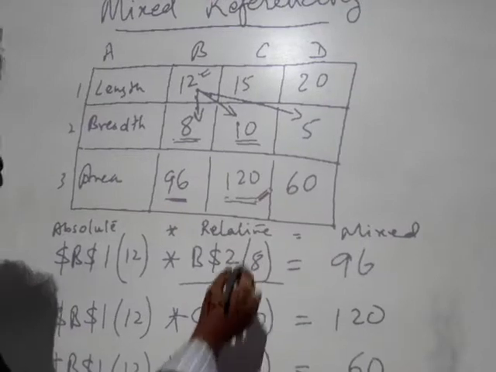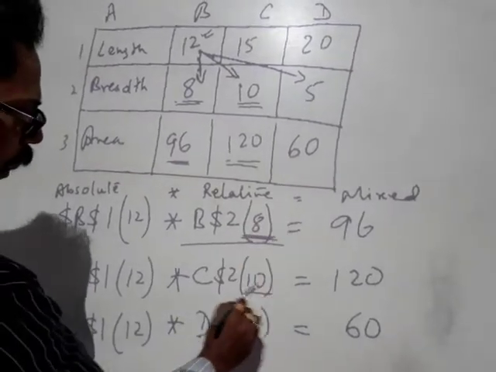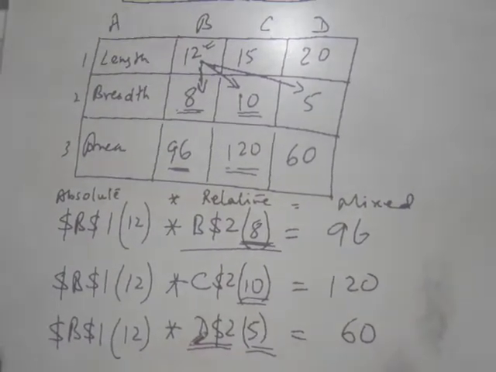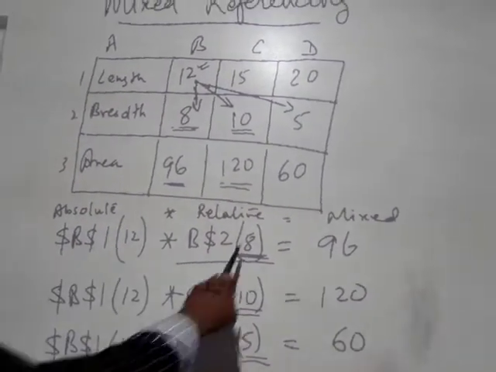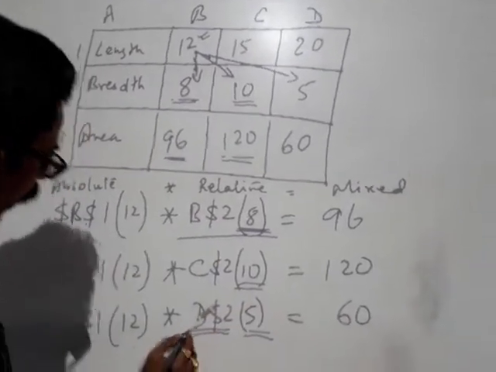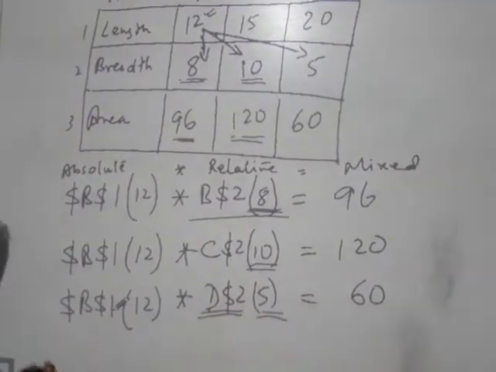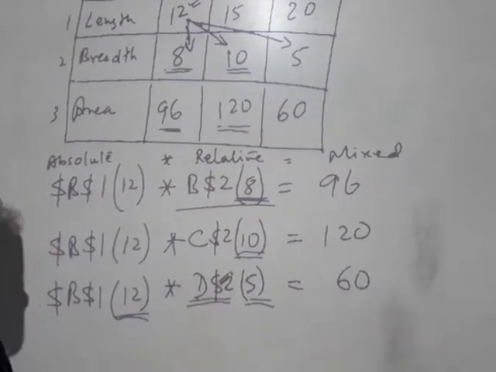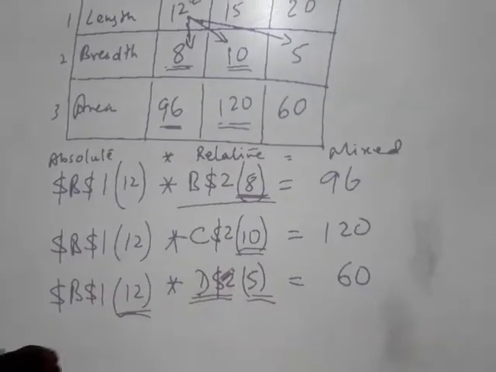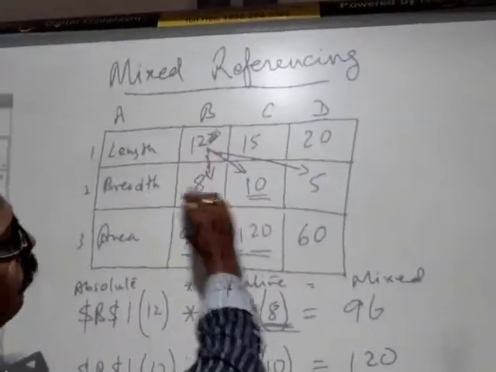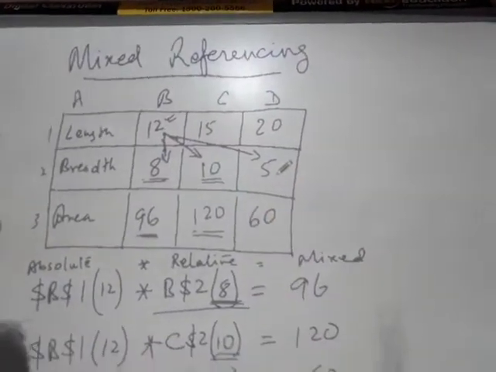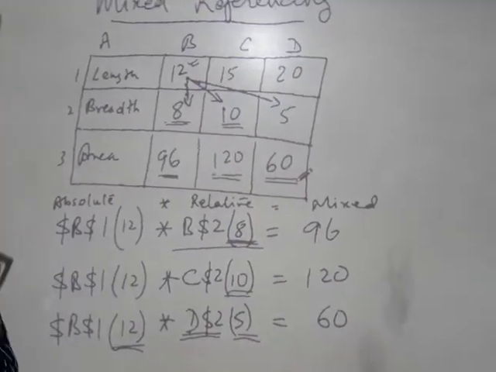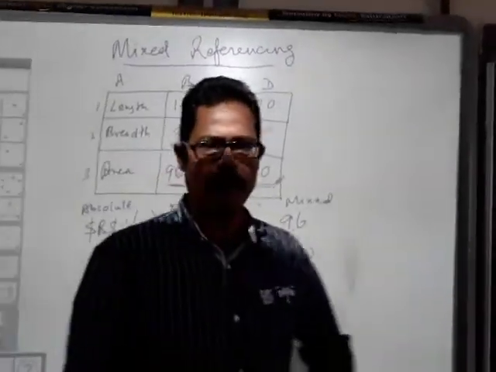Now you need not write these values. I have just given an example in this case. These are the actual values, not the formula, so you need not write this as a formula. You just have to write $B$1, which is 12, into D$2. The moment you write D$2, the absolute value is 12 and D2 is 5. So it multiplies with 5 and gives you the result over here as 60. So this is what it is all about cell referencing.